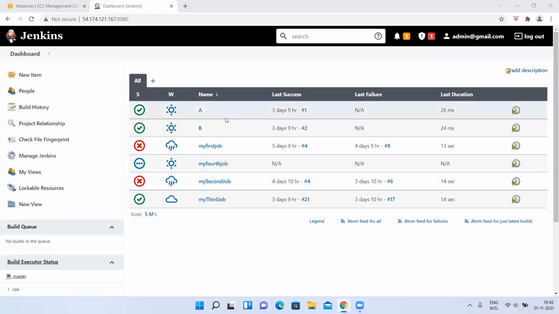Okay, in the last session we discussed creating a master slave configuration setup, right? I hope you practiced. I shared the document as well. So now let me show one more thing here.